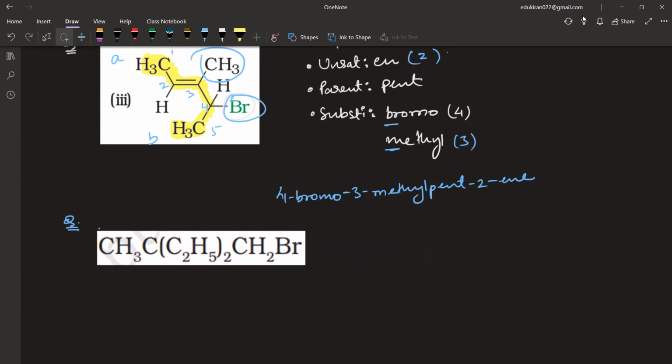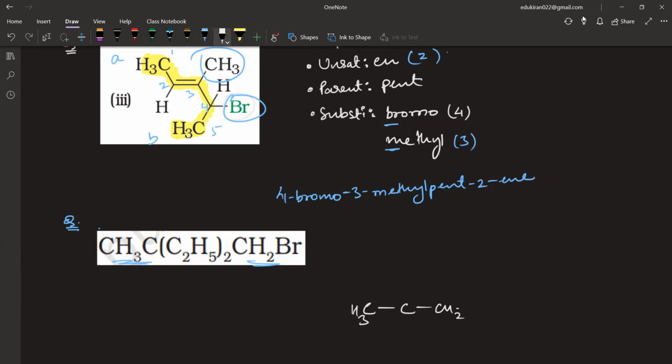Okay, so this is in condensed formula. Now first of all you have to write this in a way that you can understand it. So how to write this? You have CH3, जहां पे भी ब्रैकेट्स है वहां पे आप ब्रांचिंग कीजिएगा, ठीक है? So CH3, then you have carbon. तो ये जो कार्बन है ना, जहां पे आपके पास you don't have any brackets, you'll write it as it is. इन सबको ऐसे ही लिख लीजिए, बिल्कुल सीधे सीधे लाइन।